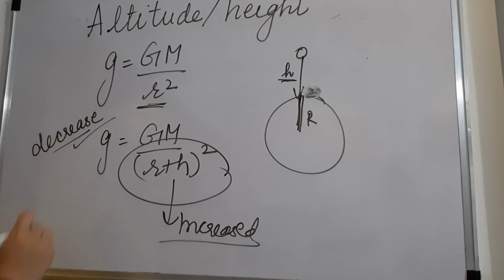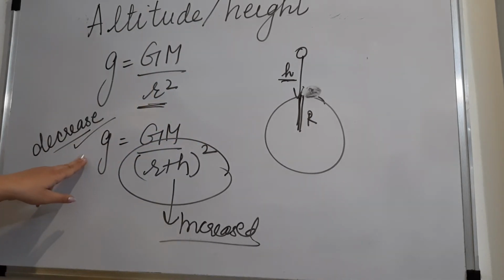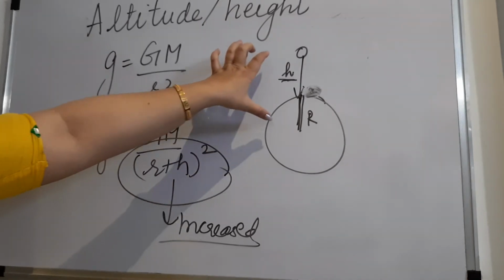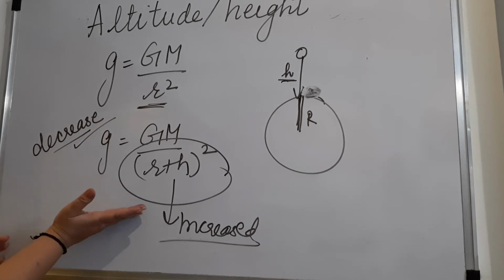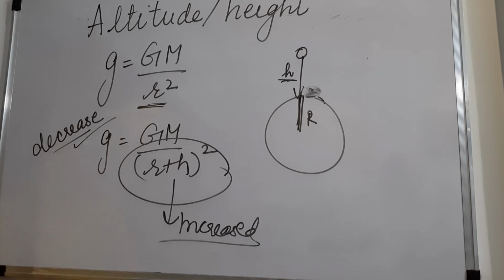Now this is a very common thing, common sense it is. As you go away from the surface of Earth, the value of g will keep on decreasing because g and r are inversely proportional. If you are increasing the height, it will keep on decreasing. Now in your 11th standard, actually this is not the proper formula for it, but in order to understand, you can stop it here only. If you want to explain this concept of altitude and height, you can in 9th standard stop it over here.